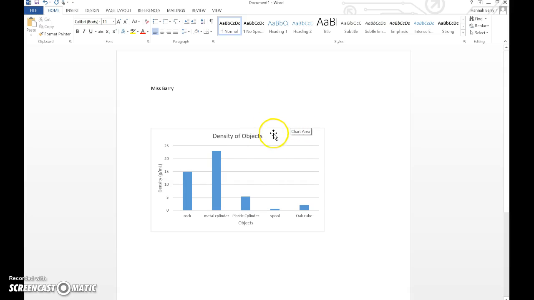But if your homework looks something like this, then that means that you have done it correctly. If not,